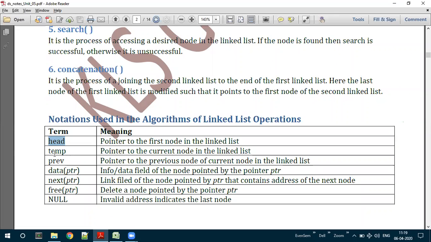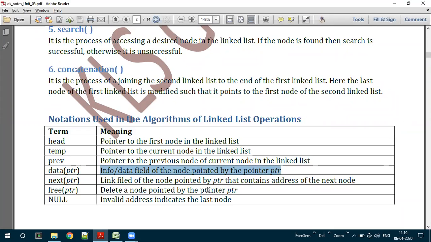It could be a head pointer, a temp pointer, or a previous pointer, any type of pointer. Data of PTR means the information or the data field of the node pointed by the PTR.